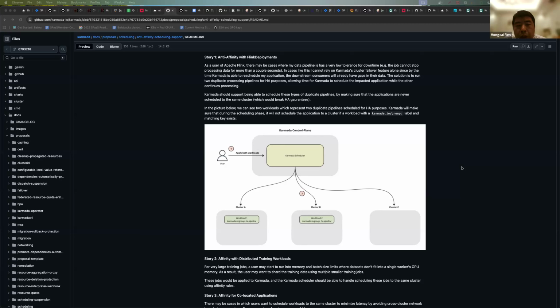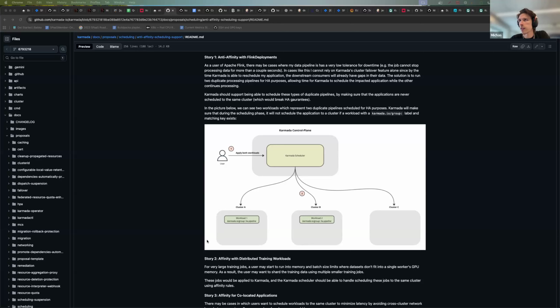So I get you want duplicate pipelines, and at the same time you still want the cluster failover feature to work, right? Yeah, so ideally, assuming we have three clusters in the cluster set, you have two workloads that are running on separate clusters.